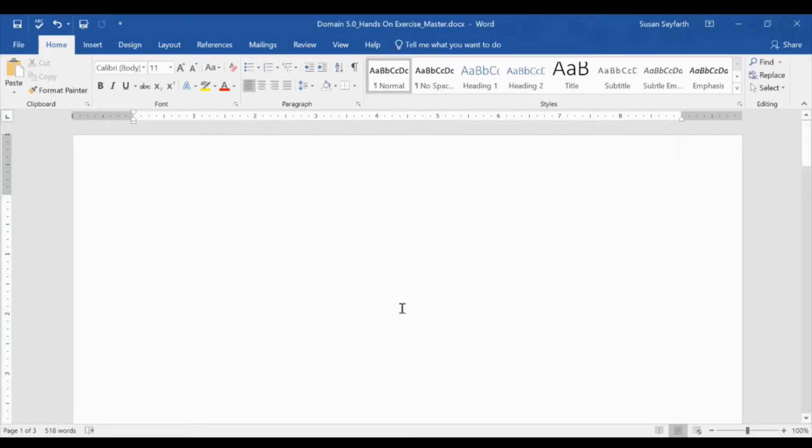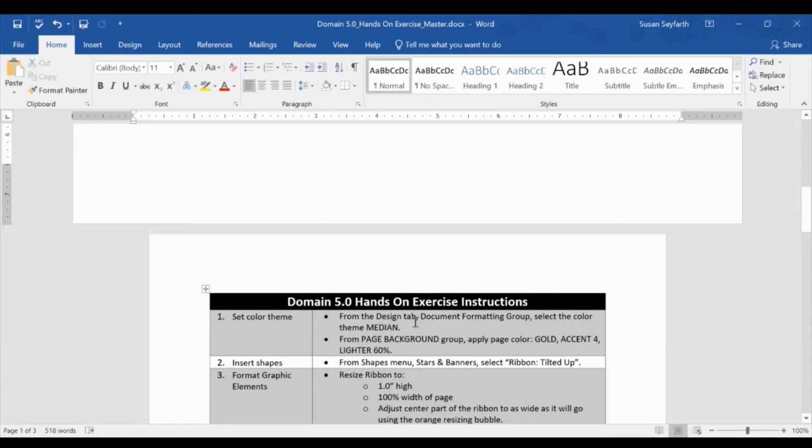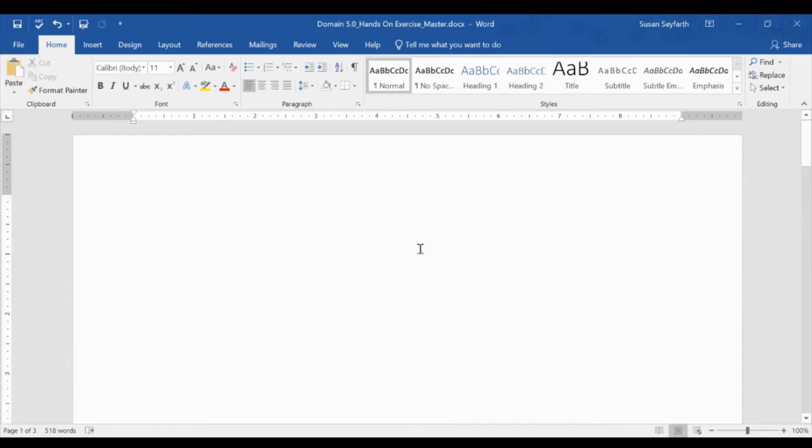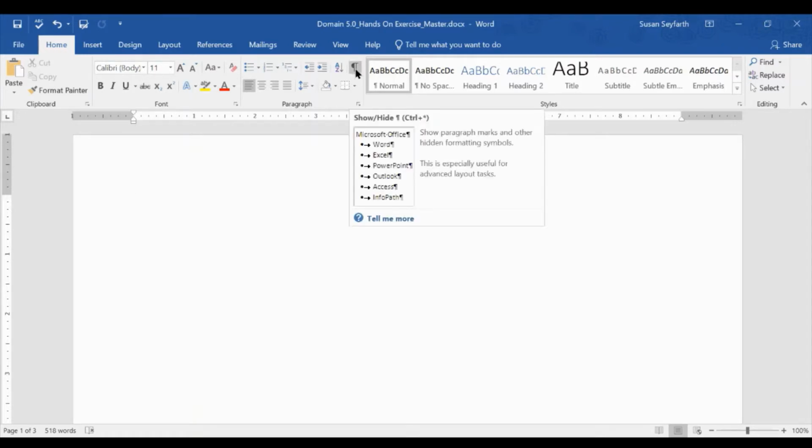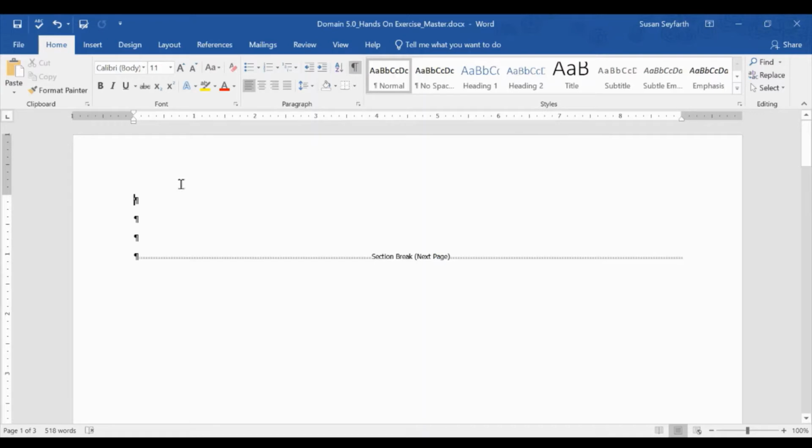Today we are working in what looks like a blank file. If you scroll down, however, you will see the instructions are on page 2. Page 1 is a different section. If you go to the Home tab, to the paragraph group, and you turn on your Show Hide Formatting Marks, you will see that the first page actually contains a few hard returns and a section break to separate it